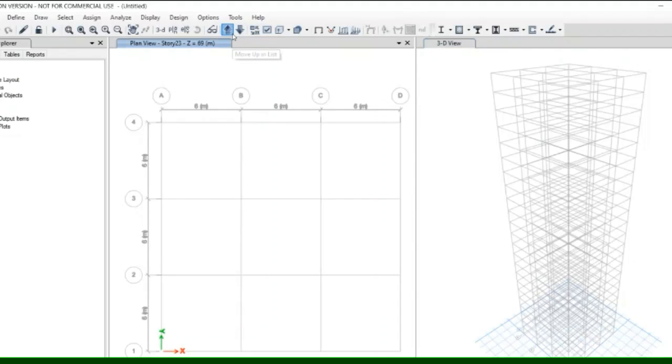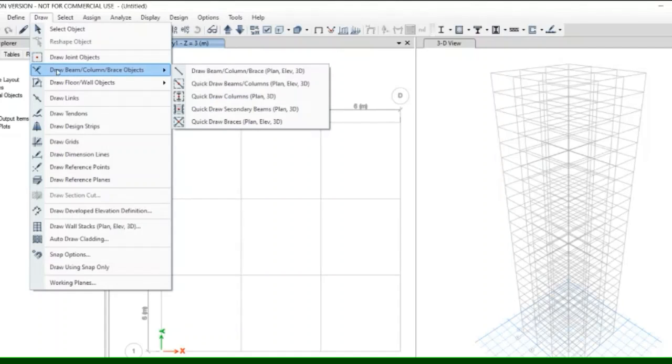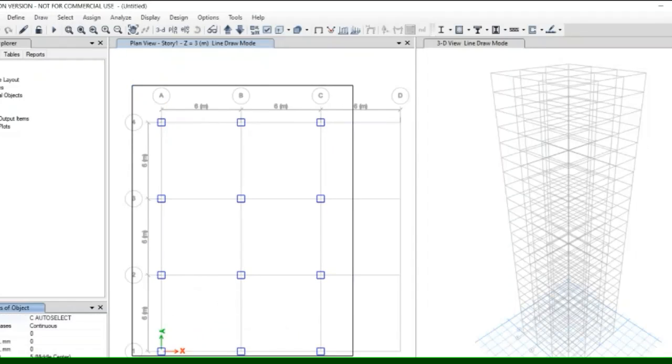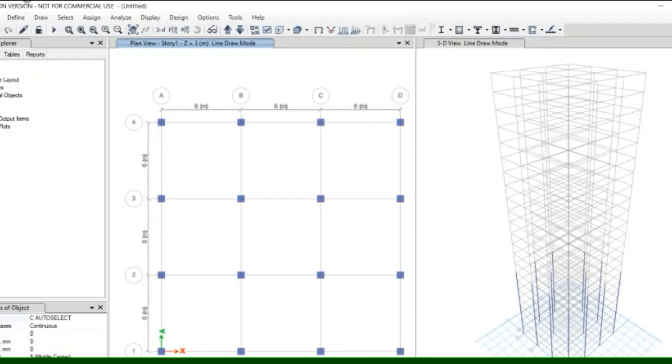Then go to story number 1. Select all the similar stories, go to quick draw column and make sure the property selected is column auto select, and draw all as per the question.